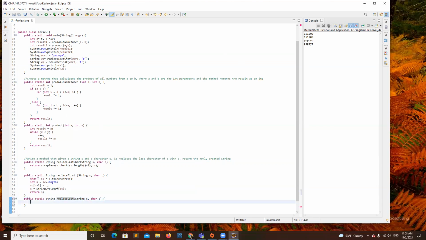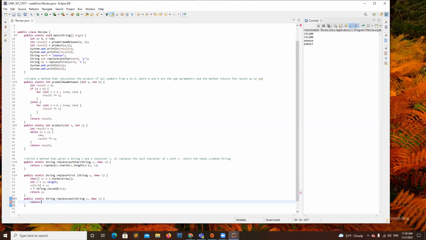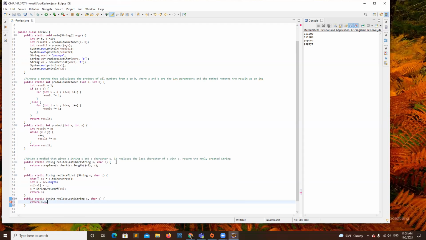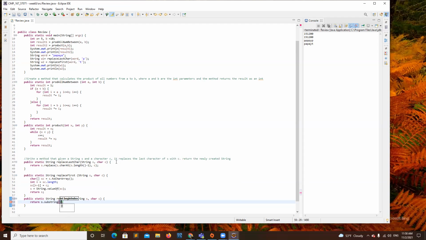Similar but different, it's just going to be C return as the substring, and start at 0 and then set the length as the length minus 1, and then concatenate it with C. This is one implementation.